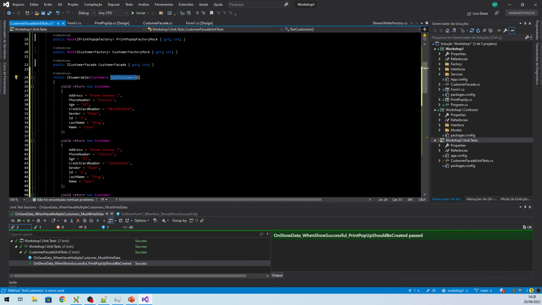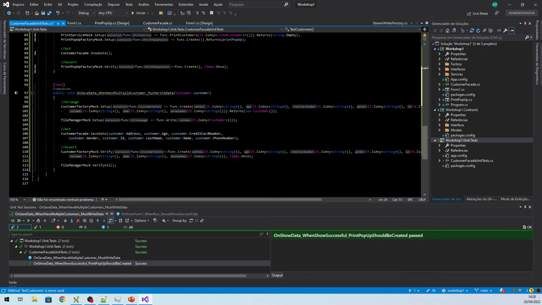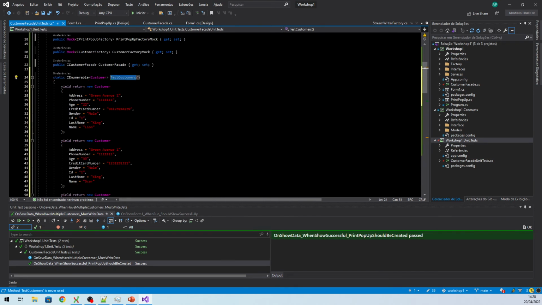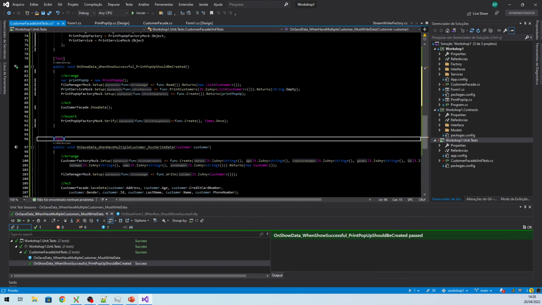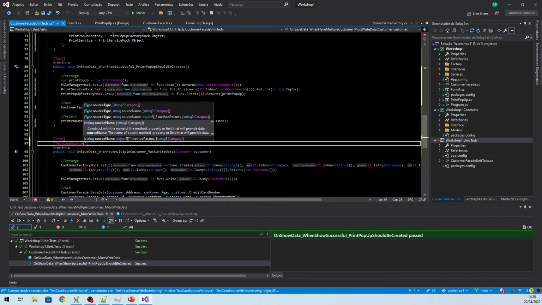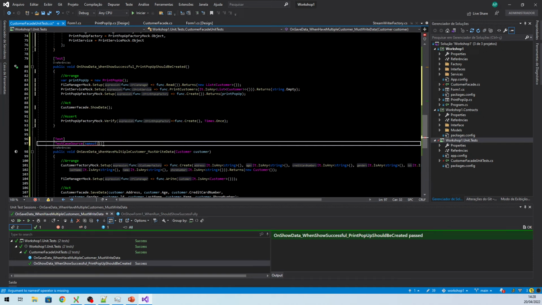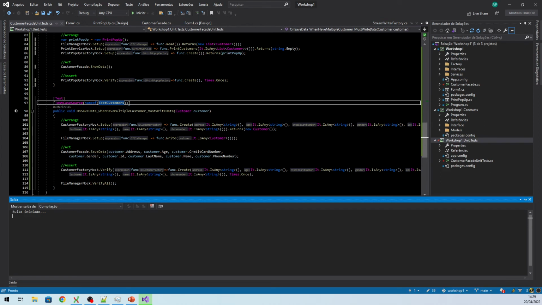Okay, I'll paste what I paste here is a test customer list, but it is a yield return that has the 3 customers here, and each one of them will be inserted in a unit test, to relate the unit test to this static function here. So each one of them will be tested. We can do a test case source and give it the name of the function, that is nameof, and give the name as test customers. Okay, so if you run this,